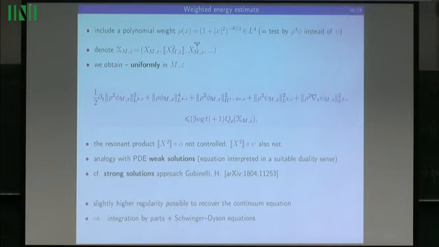And yeah, of course I cheated you a little bit, because we are on the full space. And there the noise grows at infinity, so we have to include weights to somehow push it down. So I include a polynomial weight of this form which decays at infinity. So instead of testing by phi, I actually test by phi rho to the 4th power. And otherwise I do exactly the same computation as we saw on the previous slide, and this is what we